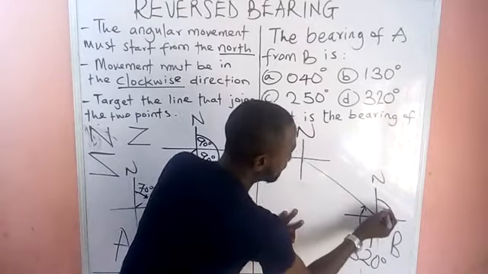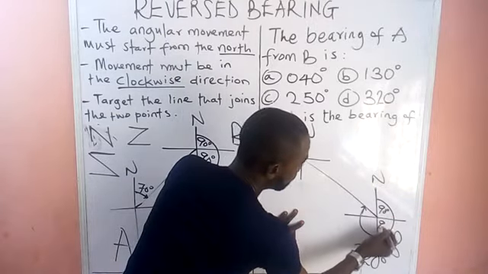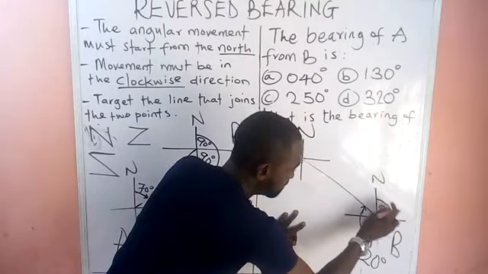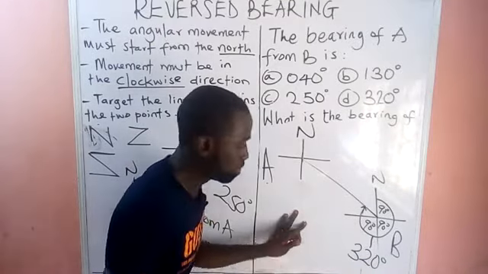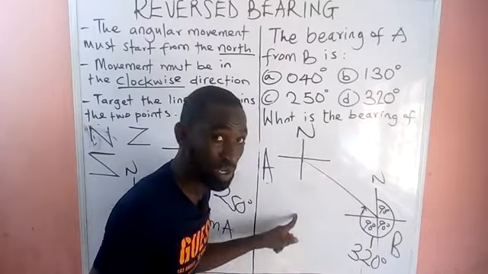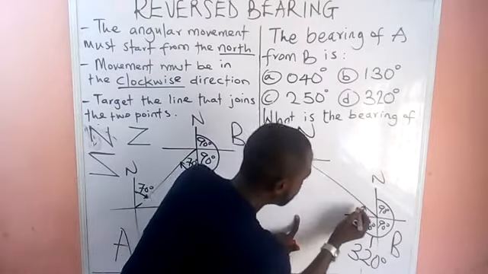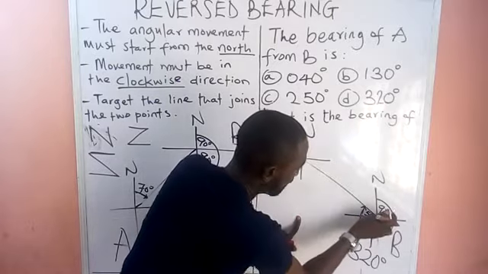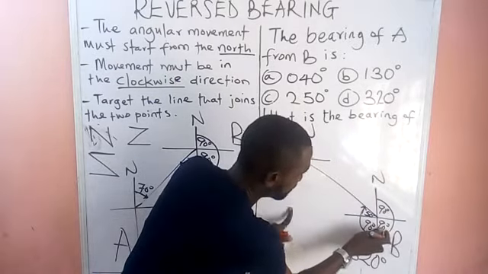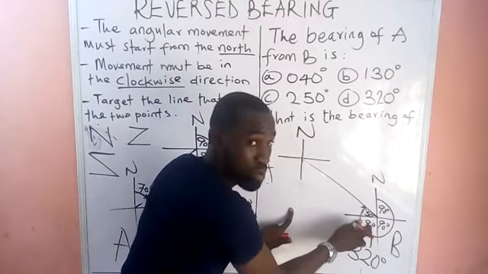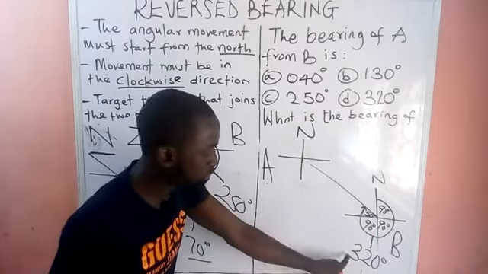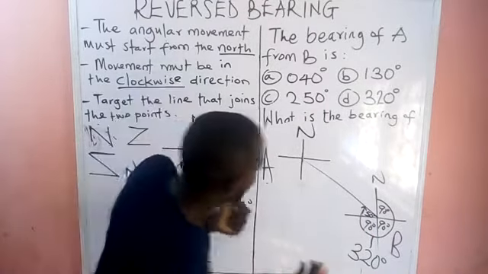So we have 90, another 90, another 90. So everything here is 270. So 320 minus 270 will give us 50. So it means this small angle, the remaining angle here, is 50 degrees. 90 plus 90 is 180. 180 plus 90 is 270. 270 plus 50 will give us 320 degrees. So any alternate angles? Can we see any alternate angle?